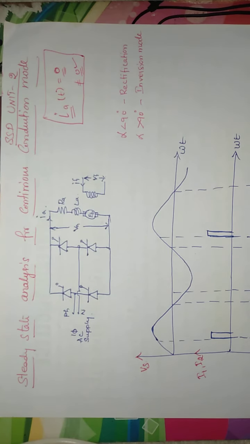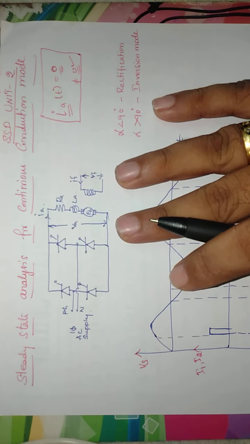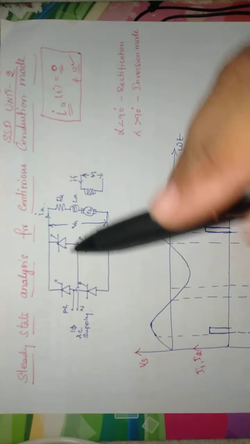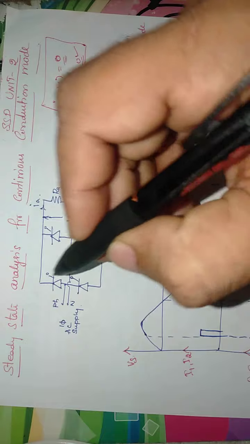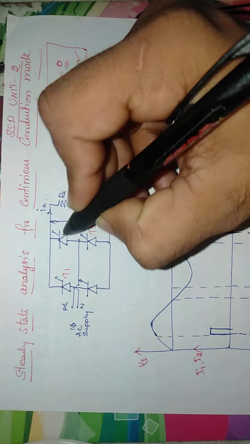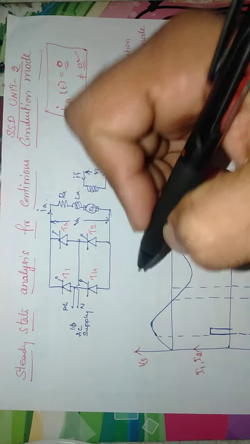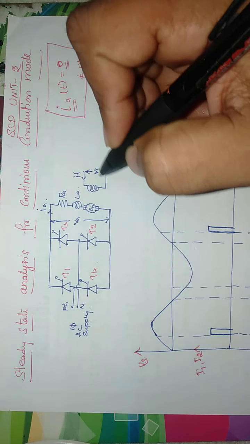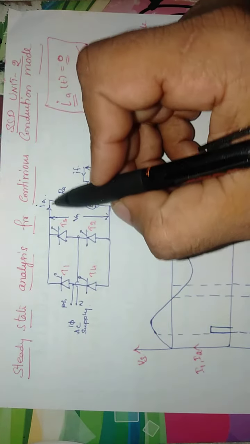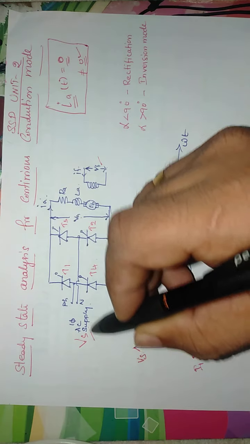Now we are going to see the operation of the circuit diagram, the same circuit which we have seen previously. In this circuit we have 4 different switches, named T1, T2, T3 and T4. In the load we have RA, LA and EB, the separate field supply is given, which is VF and IF, and the armature voltage VA and IA, and the input supply VS is given.